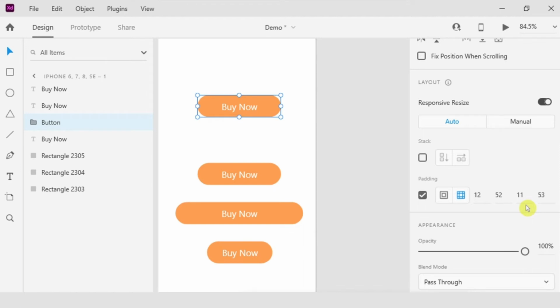That backmost layer is assumed to be the background in your design, and it's going to look at the space around the objects that sit on top of the background and define those as padding.